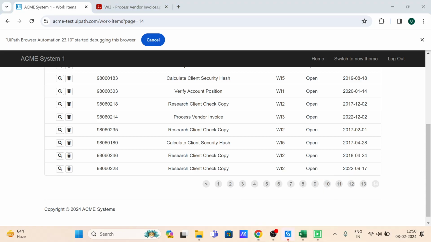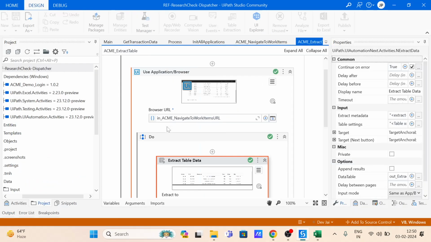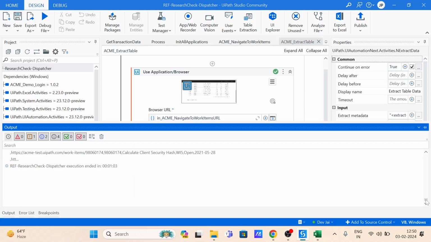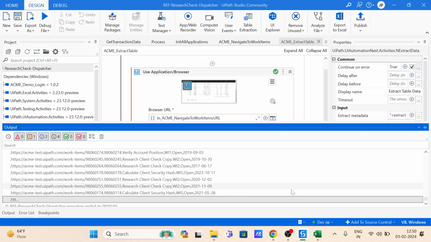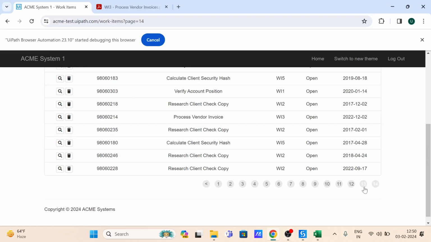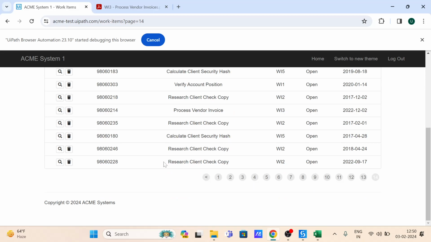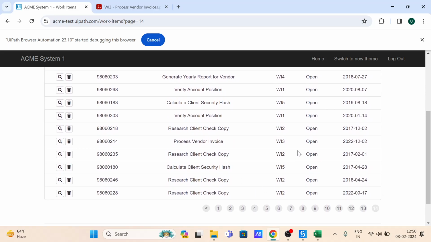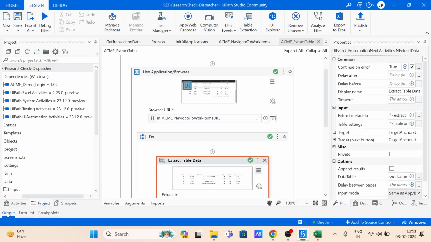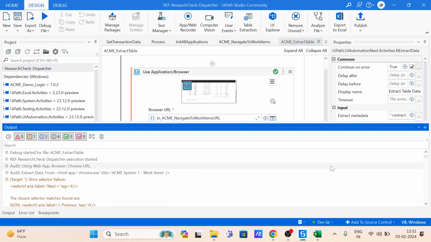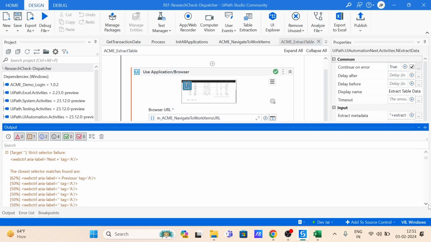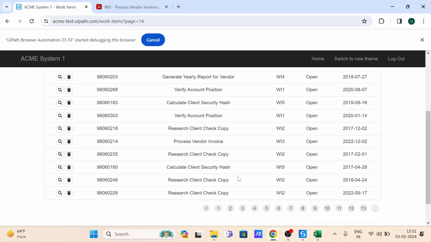So it's gonna save the workflow now। Let's see। Okay, we got it। So yeah, we have already procured all the data from all the pages। Okay, the last one was 174। Let's see, 14th, last one is, one second, strict selector failure। Okay, the closest selector matches are found over here as well।